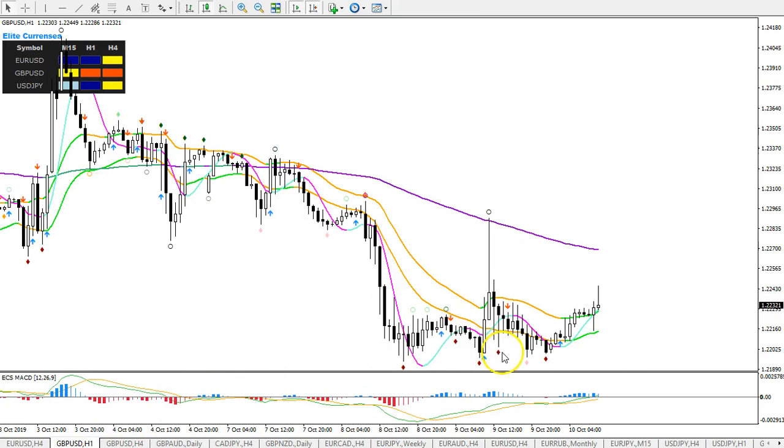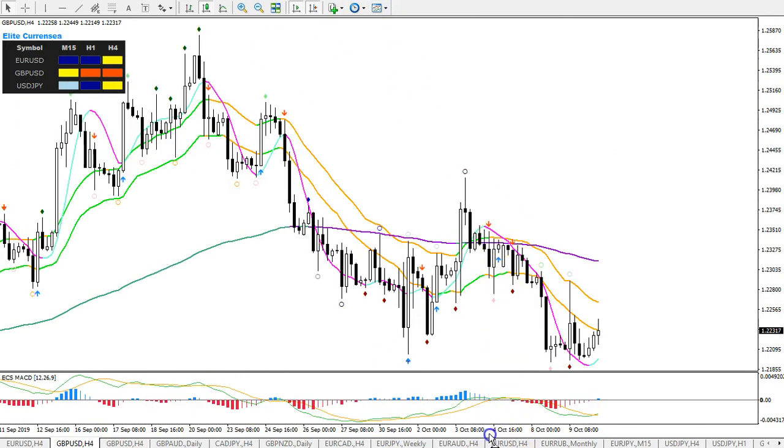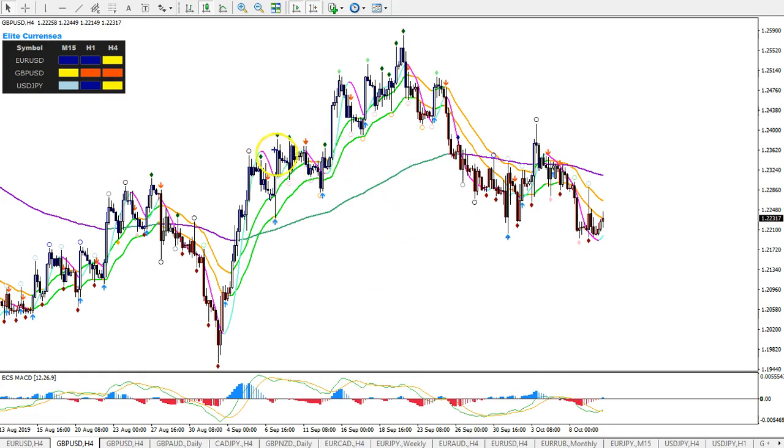Pound dollar, let's take a look at the 4-hour chart. It was very clear, very nice to trade in these parts where we had a clear uptrend and trading it nicely to the upside. Then this seemed a very good reversal spot. Then here up, then here down again. All of that worked very nicely. But